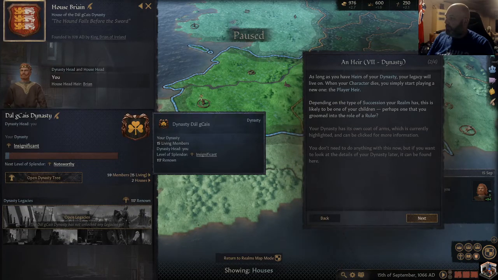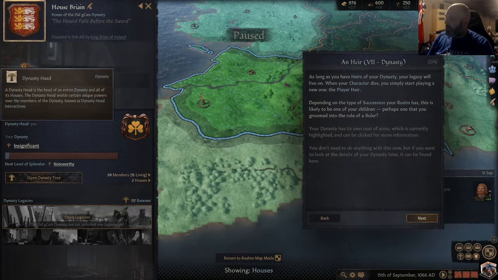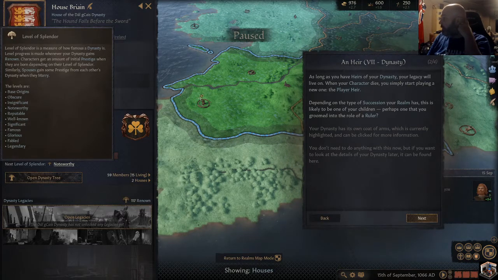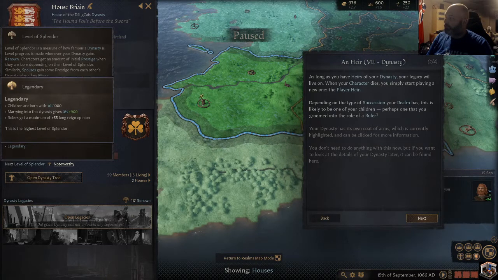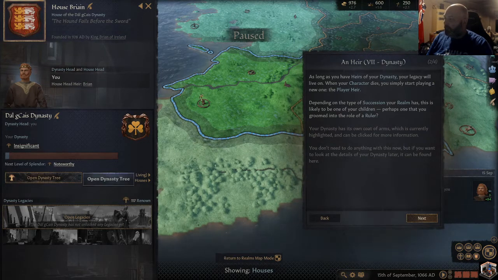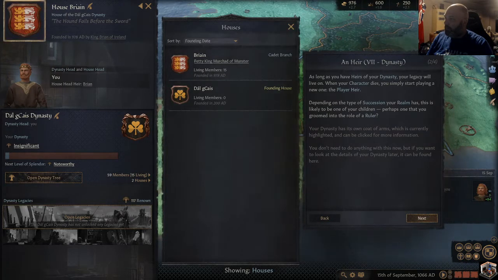Cool. I'm assuming that's our crest. I'm the head of the dynasty. We're insignificant. Our level of splendor is noteworthy. Apparently it goes base, obscure, insignificant, noteworthy, reputable, well-known, significant, famous, glorious, fabled, and then legendary. Currently there are 59 members, of which 15 are living. So we have 2 houses. We have the House of Brian and the original founding house of Del